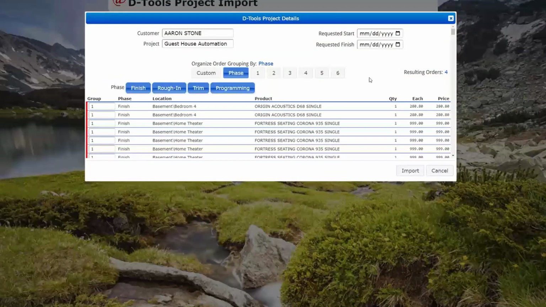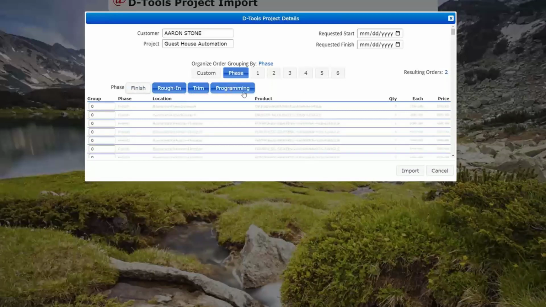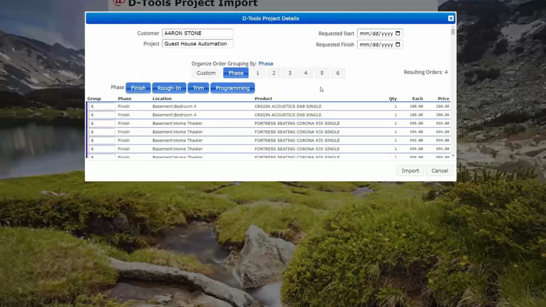Once all the products are mapped, it's going to ask you how you want to bring that project in. You can make an order in our system, which would be like that job order thing I talked about a minute ago. You can bring one in by phase, so it'll bring one order for finish, rough, trim, and programming. If you didn't want to bring in the finish and the programming, you could turn those off. Just so if you're doing a pre-wire now and then in 6 months you're going to do the actual bid,